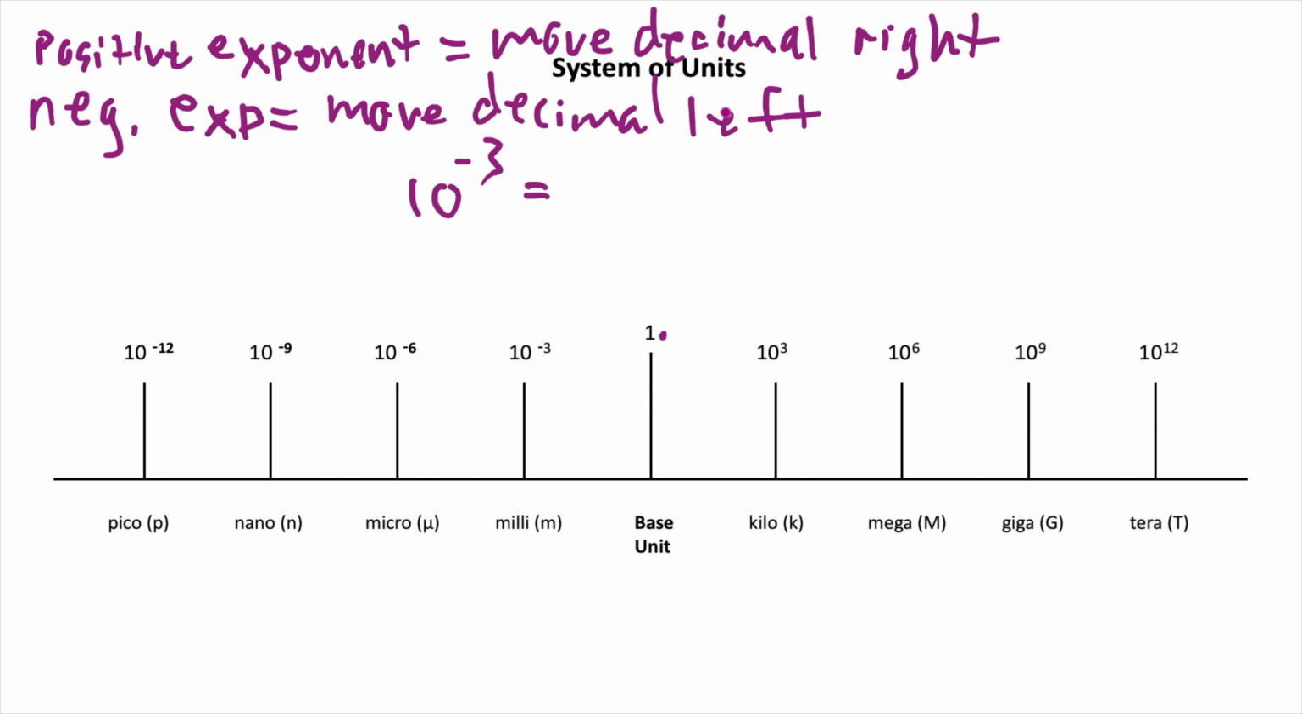So if we have 10 to the negative third power, we are saying that the exponent is negative. We move the decimal point 3 places to the left. We start with our base unit, which is the 1 point. And we start here, and then we move it to the left 3 places. So 1, 2, I'm going to put another 0, and 3. So now our decimal place has moved from here, 1 place, 2 places, 3 places, and now it resides here. So we are left with